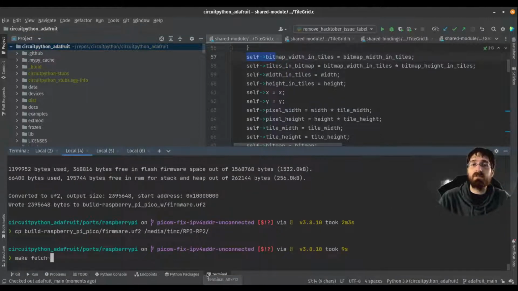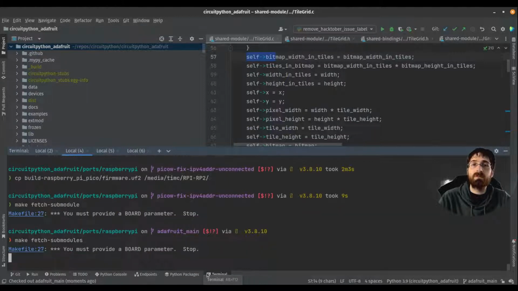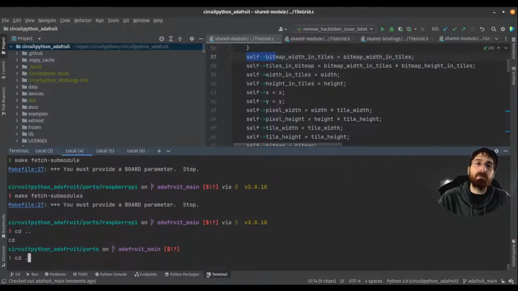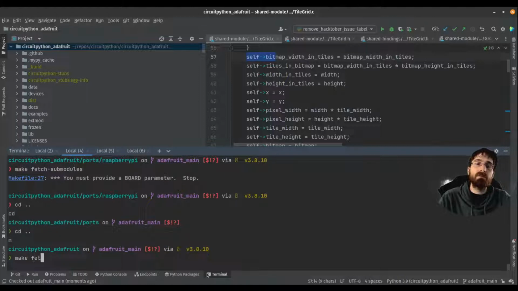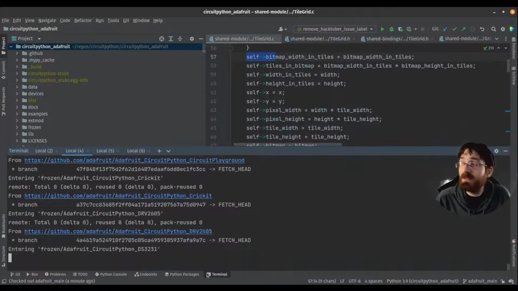Make fetch submodule. Submodules. Provide board parameter. Oh, it's back up here. Okay, try this.